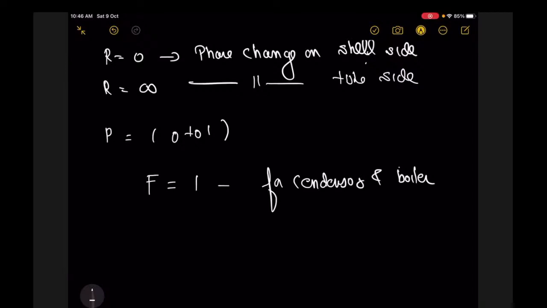But what we are doing is improving the overall heat transfer coefficient, and that is very, very important. To solve one question: